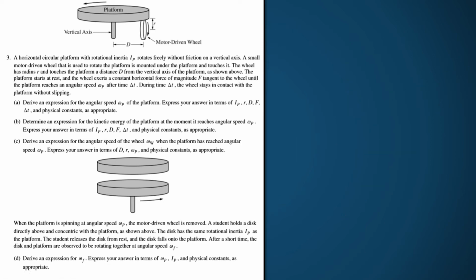Then we also need to derive an expression for the angular speed of the motor-driven wheel at that time. So the motor-driven wheel is V over R. I think you're saying this, the angular velocity is v over r? Yeah, but I don't know how to... Wait,